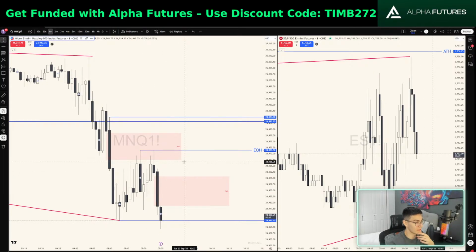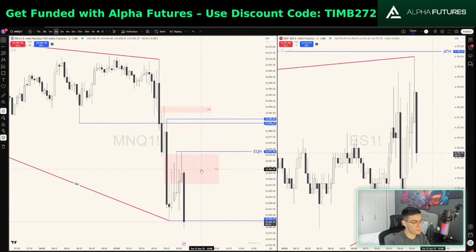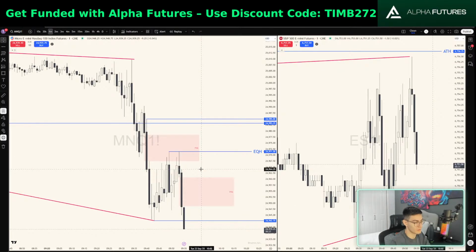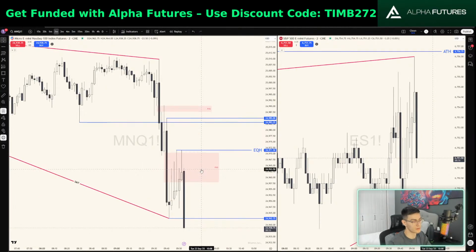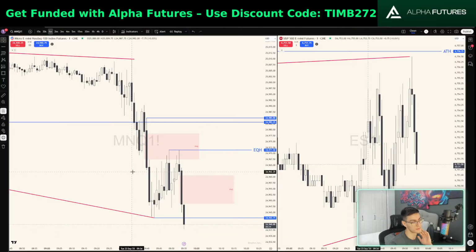Okay, so that got ran. That's cool. So we have put in yet another SMT, right? So we have that external SMT and the internal SMT at this point. So if we start rejecting up pretty quickly, I would take an inverse or something, only if it happens really quick though. If we start displacing down, that's not what I want to see.